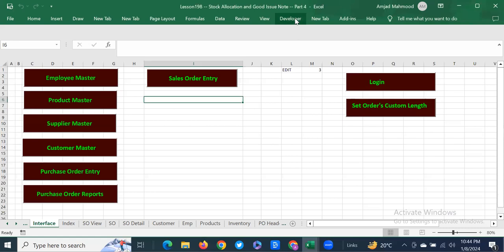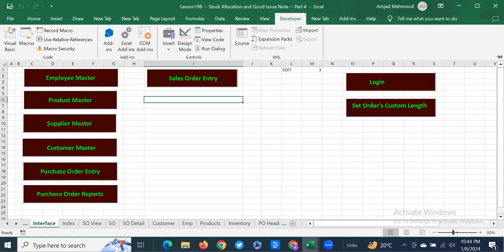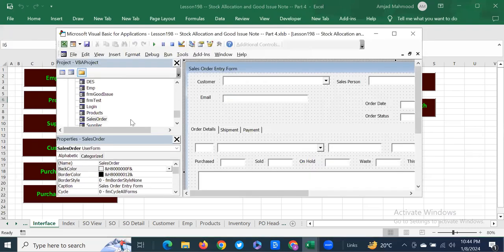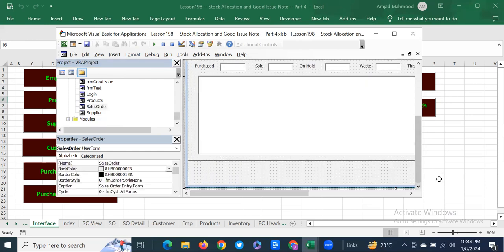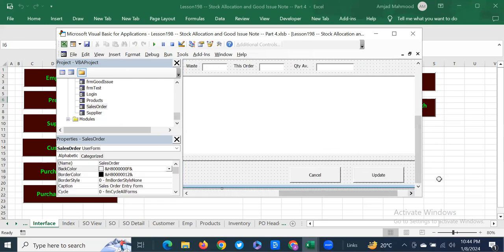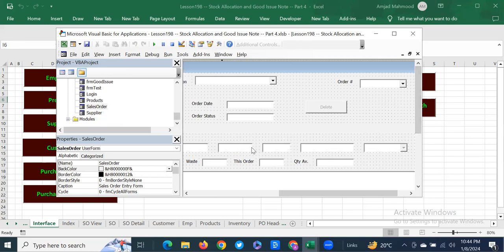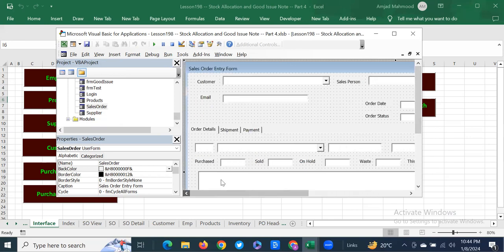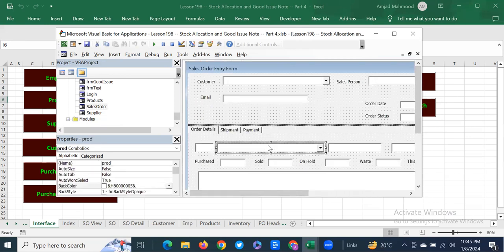So we go to the developer tab, and in here we are going to show you the sale order, right? And in the sale order, we have the click one, the adding. As soon as you add